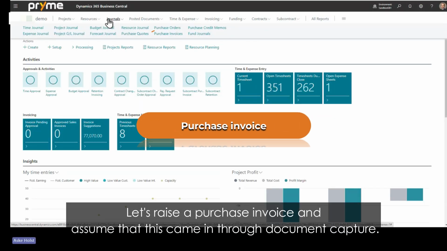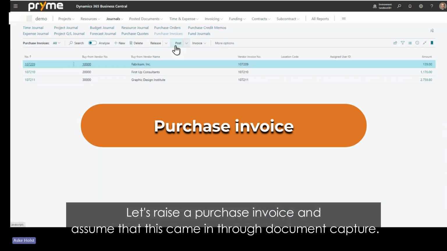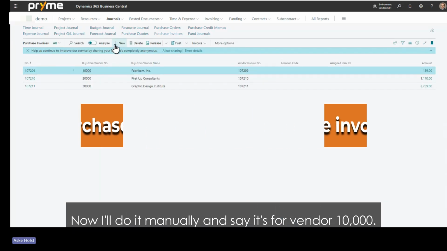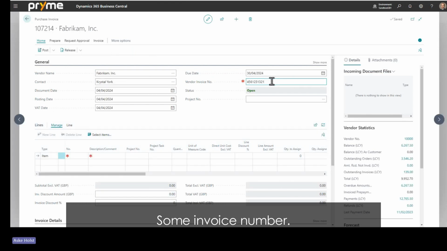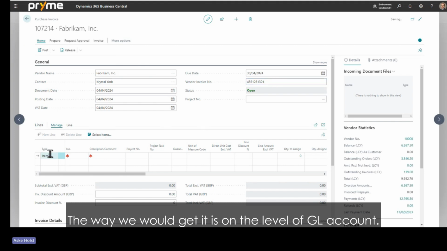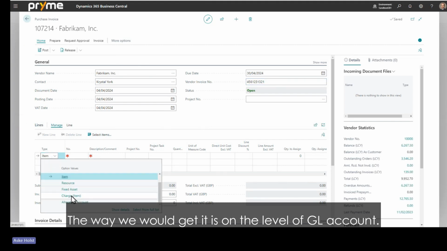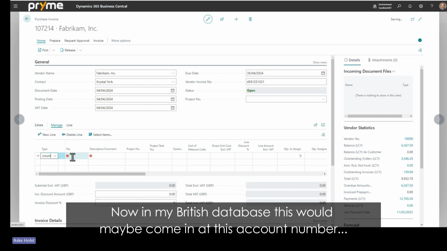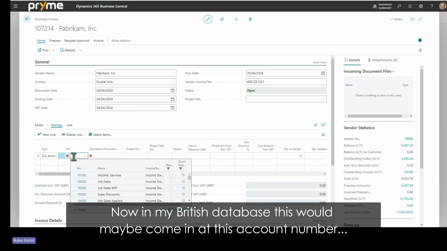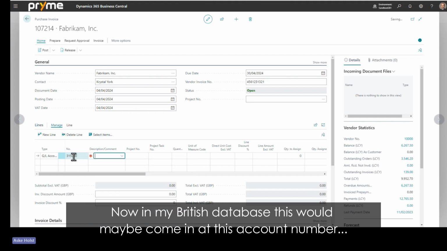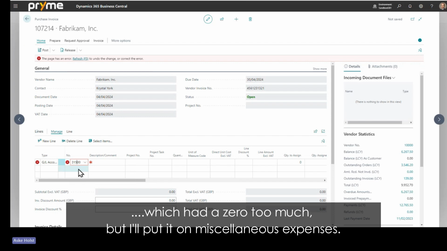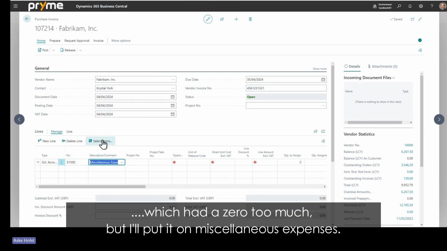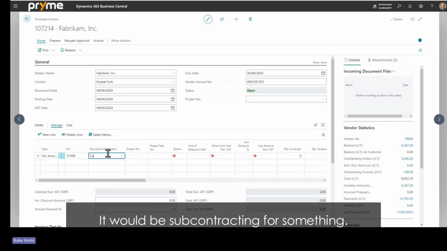And let's raise a purchase invoice and assume that that came in through document capture. Now I'll do it manually and say it's for vendor 10,000, some invoice number. And the way we would get it is on the level of a GL account. And now in my British database, this would maybe come in at this account number, which had a 0 too much, but I'll put it on miscellaneous expenses,